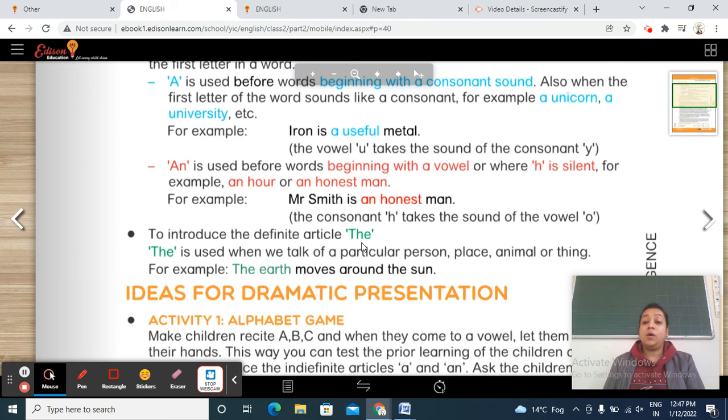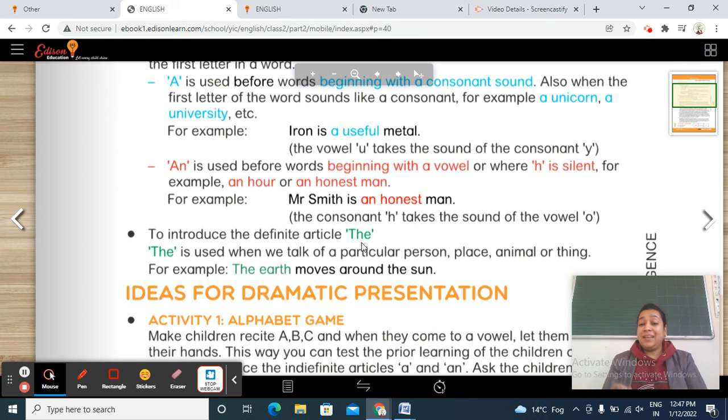Animal, when we are talking about the one classified, there are many animals. Yes or no? There are many animals. But when we are talking about the king of the jungle, we say the lion is the king of the jungle. The lion, because one lion or many lions, we are talking about the specific animal that is lion. So we don't write a lion, we write the lion.